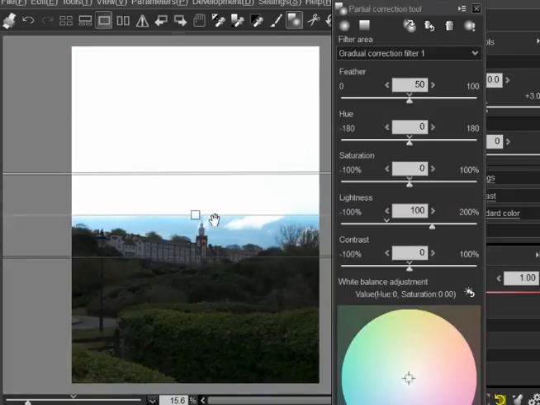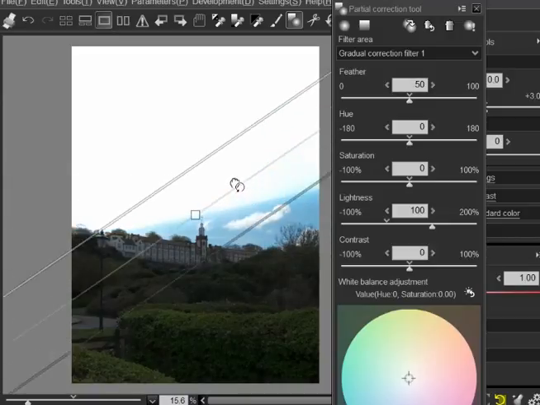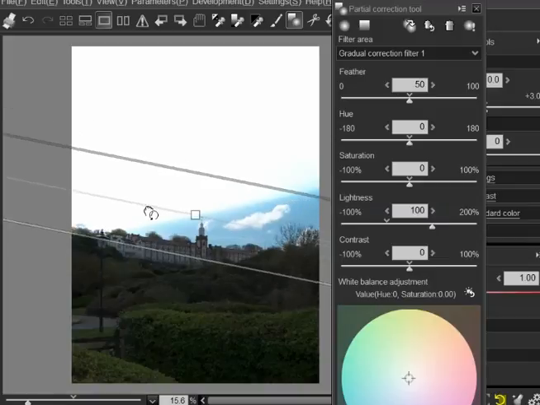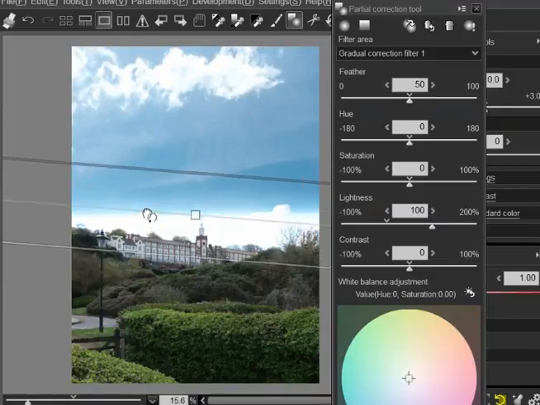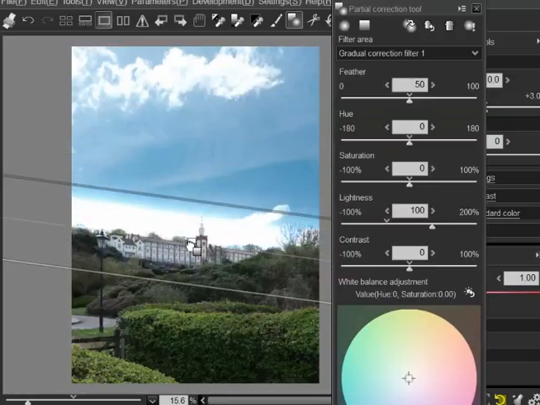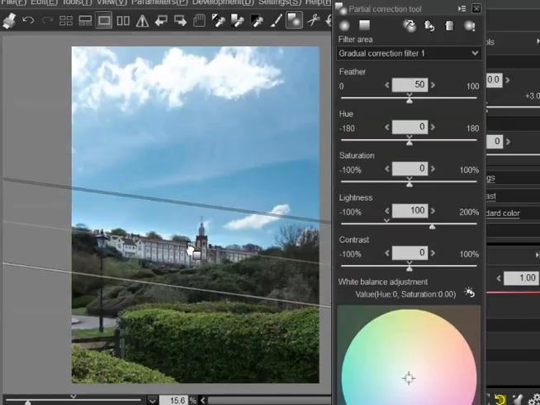What's happened now is that it's put this line down, and everything is very bright above it because it's adding a lot of lightness. It's got the lightness turned up. Why it does this is so that you can see. This will be more obvious when we use one of the sort of circular, oval ones. But you can see where the effect's going to be. So if I turn that around, it's now making the bottom of the image brighter. And if I rotate it a bit and pull it down,